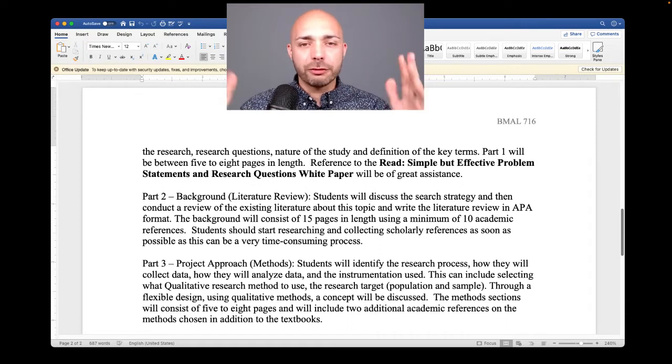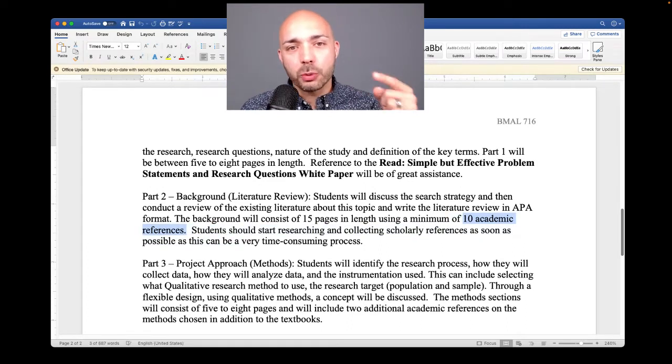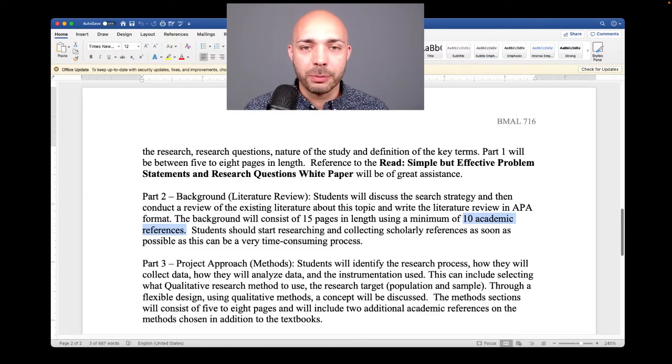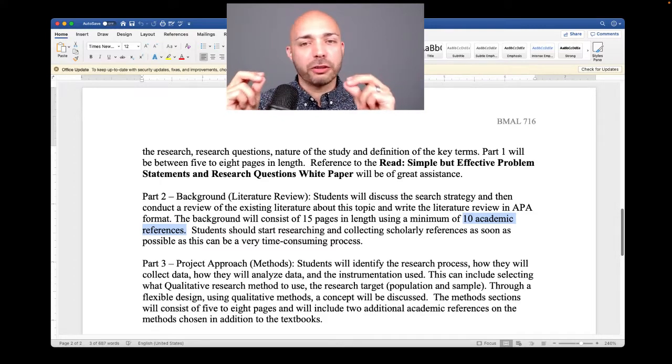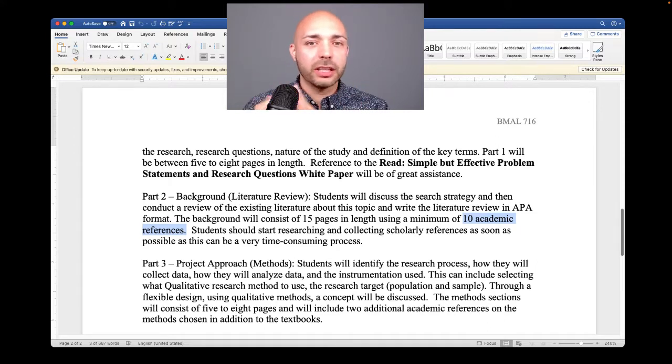Once you break all that down for a few pages, then for the remainder of the pages you have left, break down each one of your 10 references that you come up with. So, after you've broken down your search strategy, then come back to a level 1 heading and put your first journal. Whatever that journal is, use that as the level heading, or the article title, or the keyword that you searched, or whatever it was for that specific reference. And then go for however long you need to go, a few paragraphs, a page maybe, on discussing